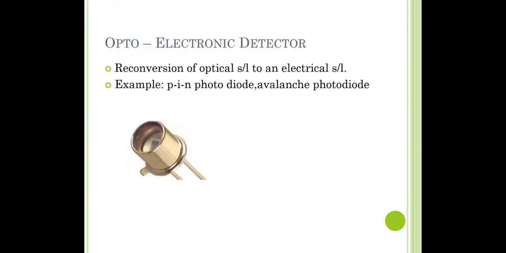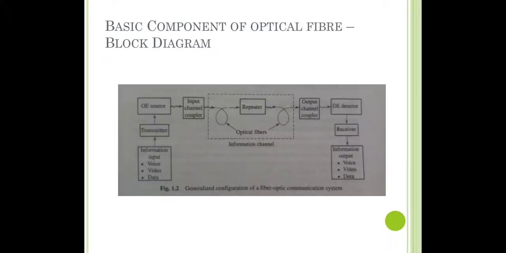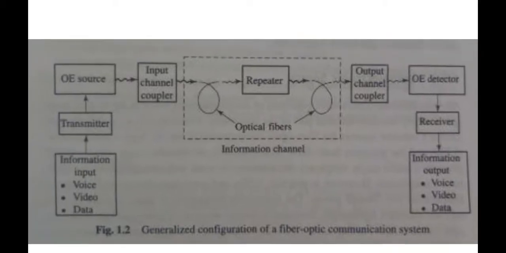And the next block in this block diagram is the OE detector. OE represents optoelectronic detectors. So for the optoelectronic detector, we have a detector